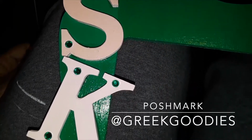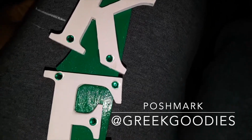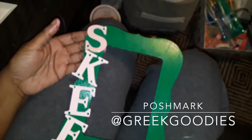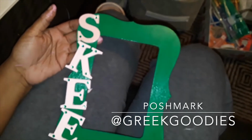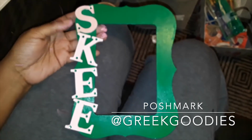Just wanted to kind of show off what I did. This came out so cute. It's just the right amount of bling, even though I do love all blingy things. Excuse my junky work area, but I had to do a few orders, but I just got done with this frame. Also with this frame, all of my pieces come lacquered, and I will show you in another video the